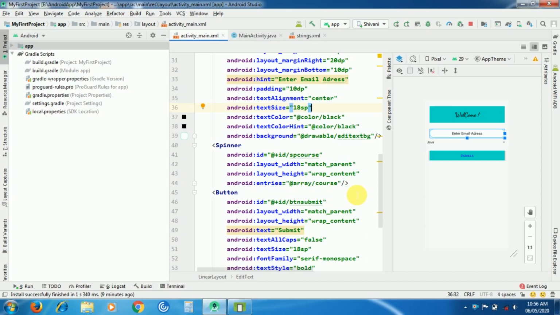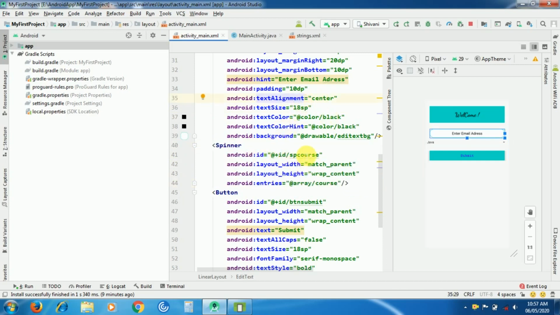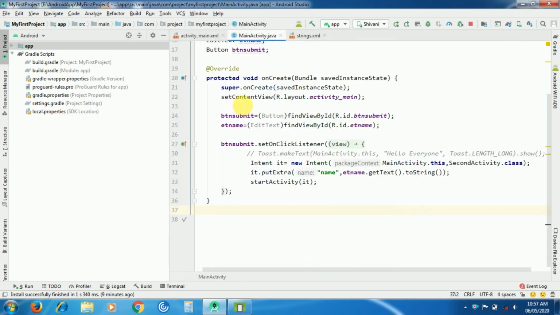So let's start with our today's topic. In our previous video, we have added this spinner in the XML file and we have given the ID as sp_course. So we have to initialize that in the Java file to perform the operations on spinner.